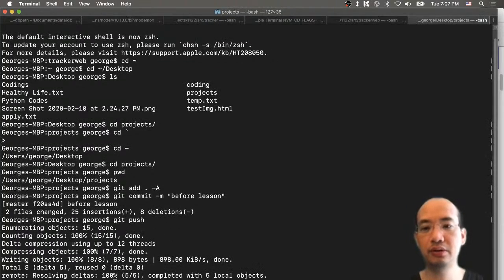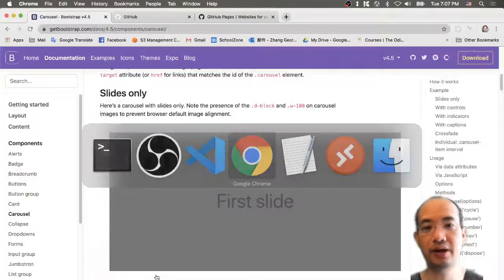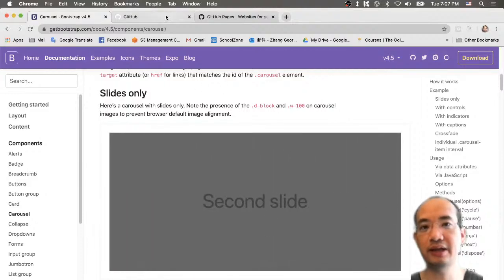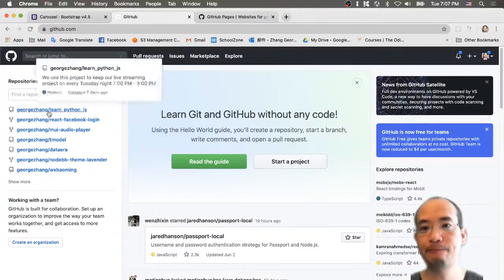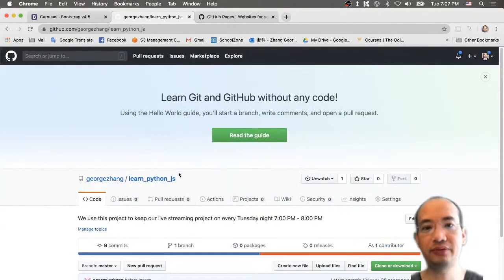to here, to the GitHub George learn python.git. All right, that's called Git. But no worry if you haven't used that yet, and we will do it step by step. Okay, so here I have a repository called learn python.js,